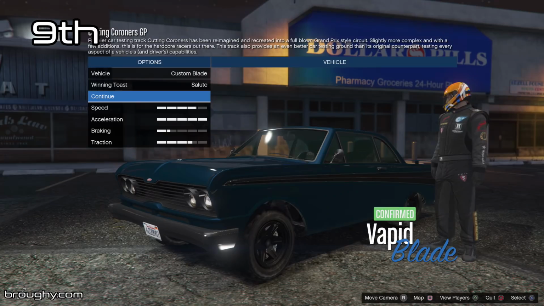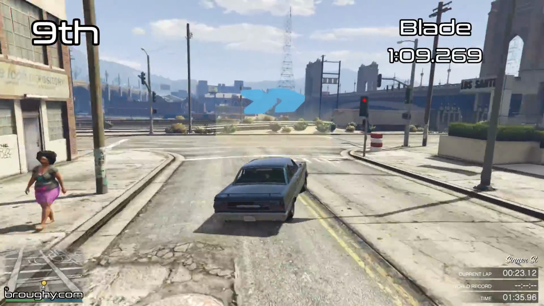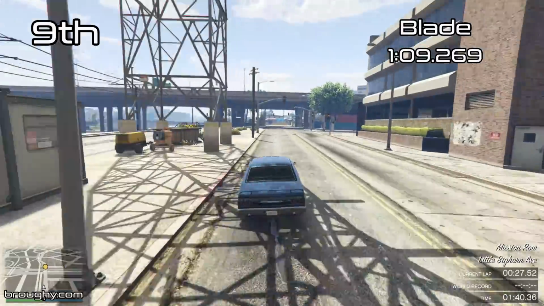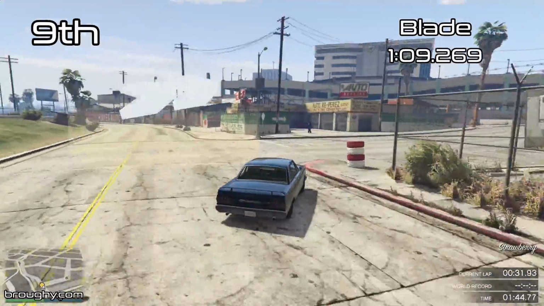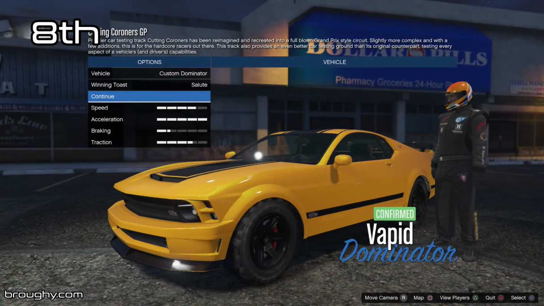So obviously breaking into the top 10, we had the Tulip there, just about managing it, and then we've got an old vehicle, the Blade, still managing to be hanging on in 9th place. Really good acceleration on the Blade. Obviously it doesn't corner quite as well as some of the other vehicles in the muscle cars class, and certainly